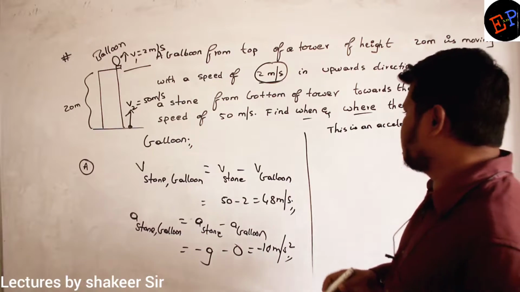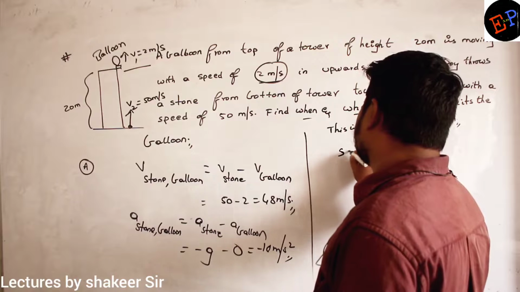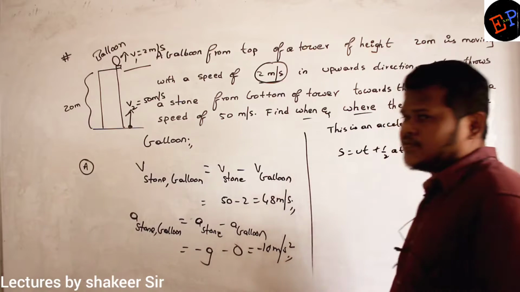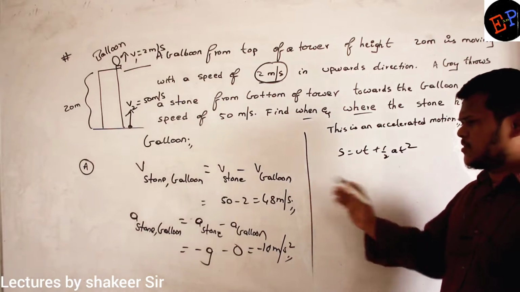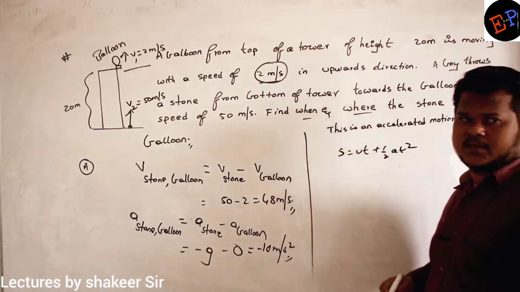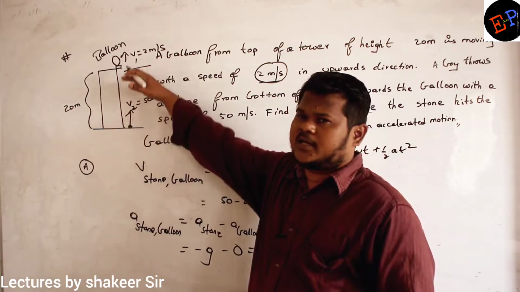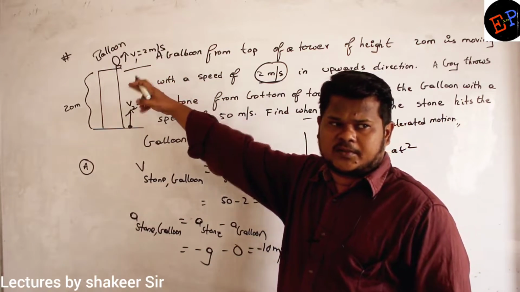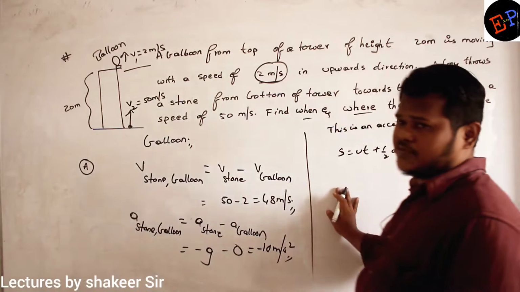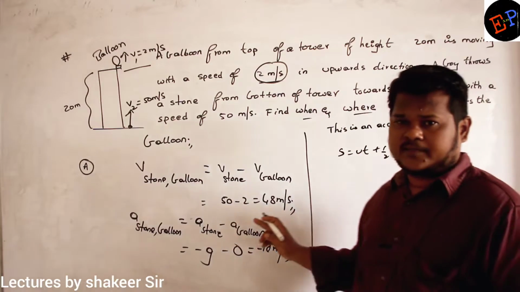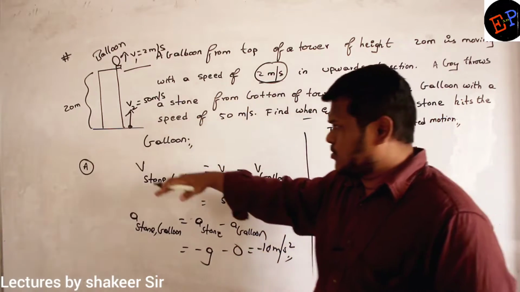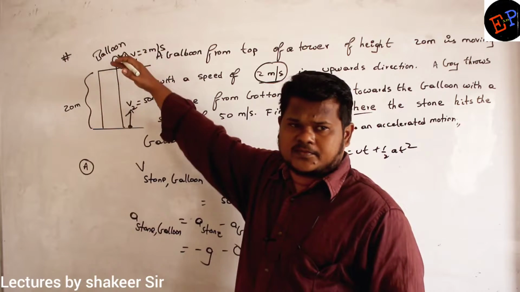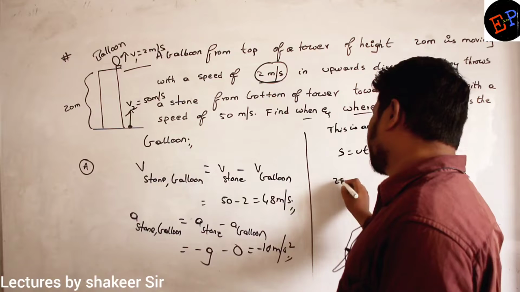So let us take S equals ut plus half at square, because the displacement is there, no? I will use this relation. Okay. So displacement of the stone is how much? The stone should reach how much distance? Relatively, it should reach 20 meters because the second body is at rest position, no? Relatively. So therefore, plus 20 or minus 20? Plus 20. Why plus 20? Above the reference, no? The stone is thrown from here. This point becomes the reference. It is going above the reference. So positive displacement, 20.